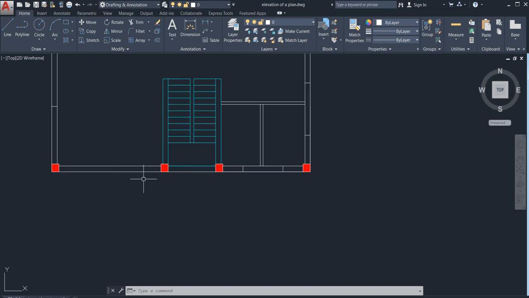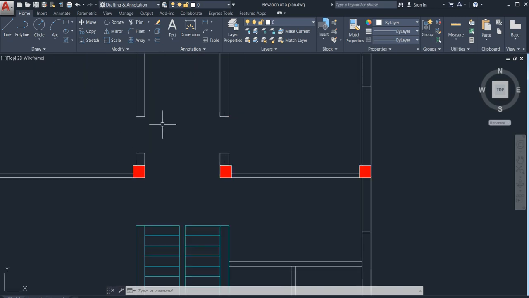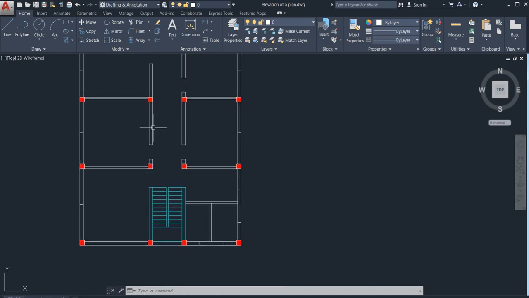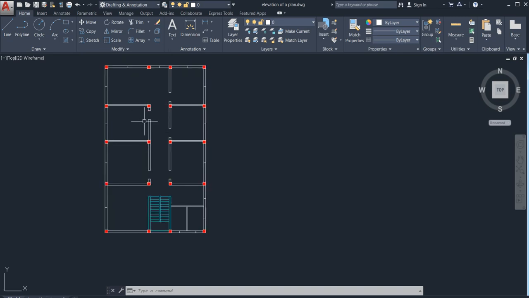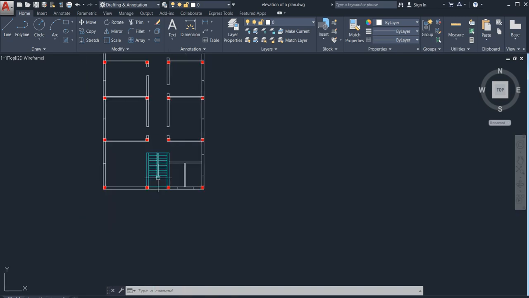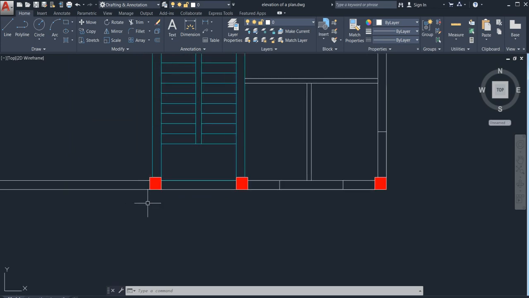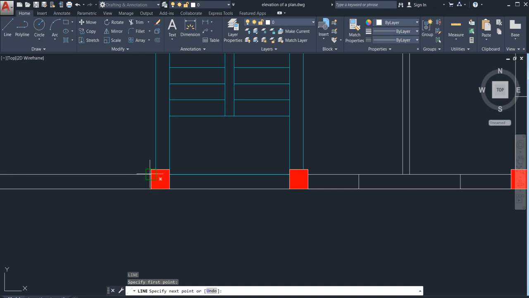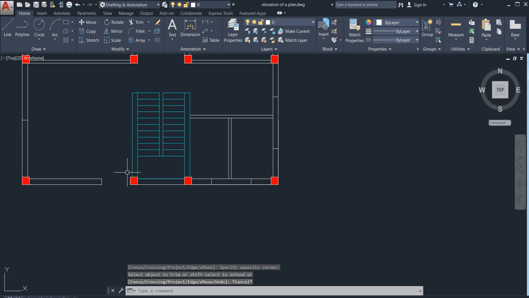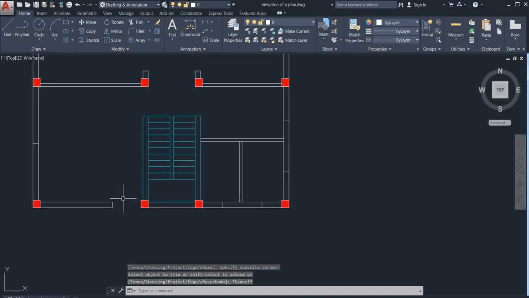As you can see, everywhere inside of this room I have taken my door as 3 feet, but here I need to take my door as 4 feet because this is the main door, right? So now go for the line command. Draw it to here. Now go for the offset command. With the help of this, go for 4 feet just here and just trim it, so you can see, this door has been done.